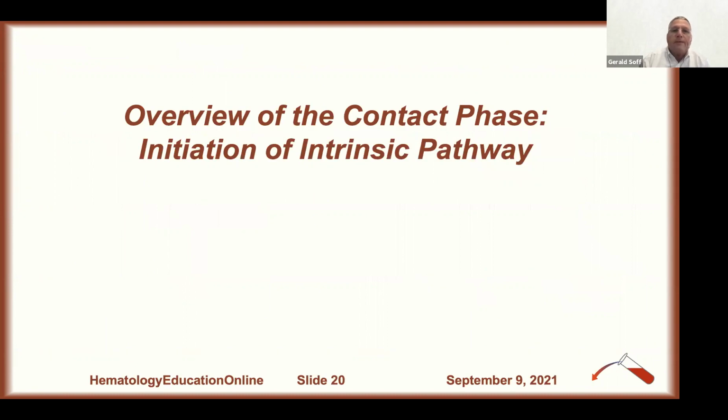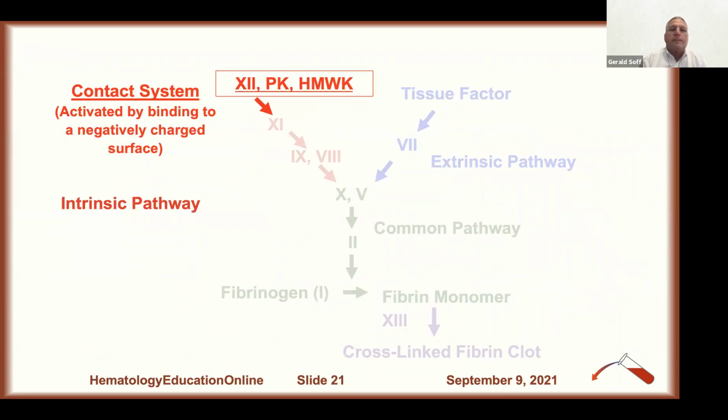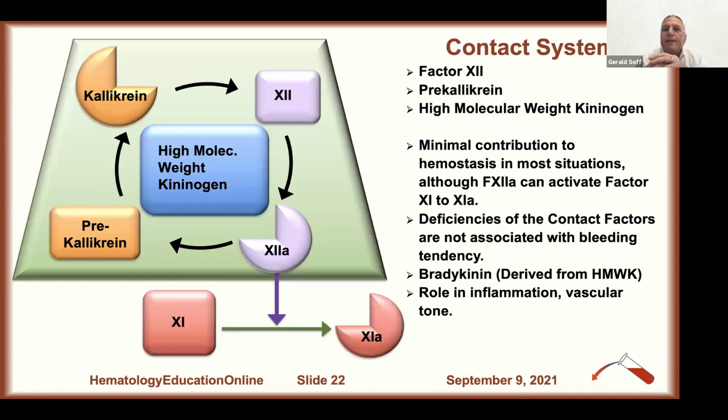So we're going to talk briefly now about the contact phase, which is the beginning of the intrinsic arm. The contact system contains three factors: factor 12, prekallikrein, and high molecular weight kininogen. And these form a complex on a negatively charged surface, shown here, and it becomes a positive feedback loop where